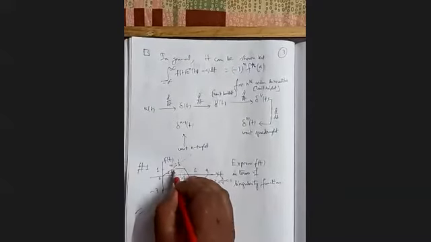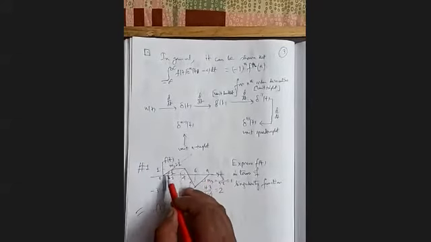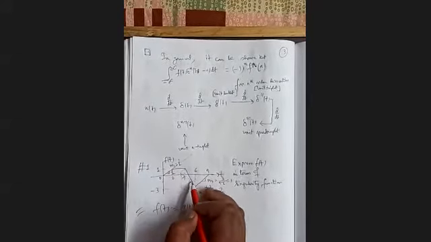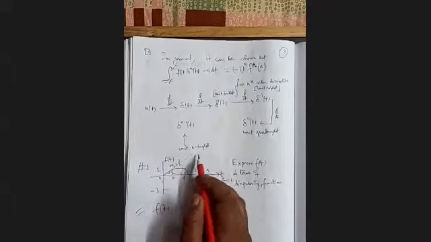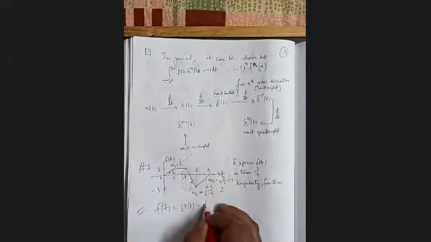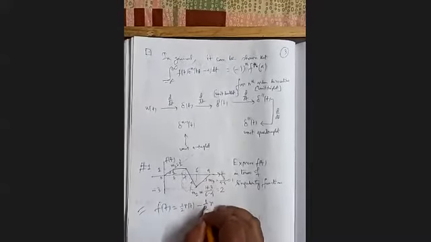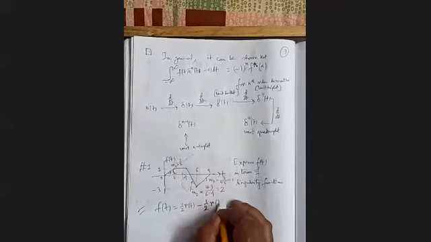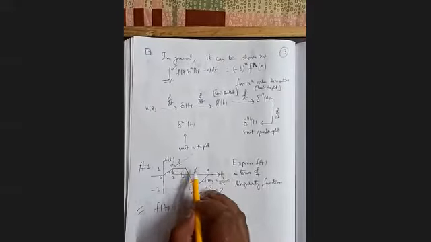But now we apply what? It goes indefinitely. So we add a negative ramp. We add a negative ramp at t equal to when? 2. When the signal goes here, then we are applying a negative ramp at t equal to 2. Then result is what? A horizontal value. We know a ramp can be cancelled by a negative ramp with equal slope but opposite in sign. So its slope is half, so we are adding minus half r t minus 2. So that one is added. So result is a horizontal line.